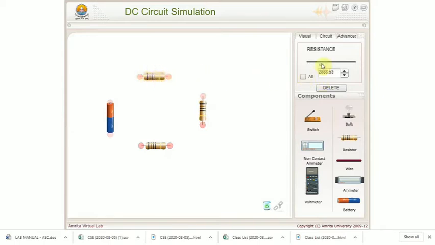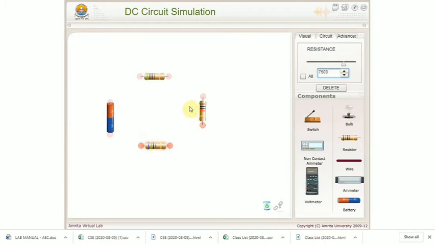For this resistor I am going to give 5 kilo ohm, that is 5000 ohm. For this resistor I am going to give 10 kilo ohm, so 10,000 ohm. For the third resistor I am going to give 7500 ohm, that is 7.5 kilo ohm.